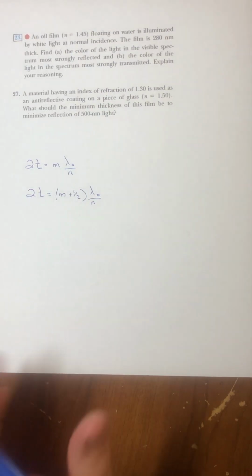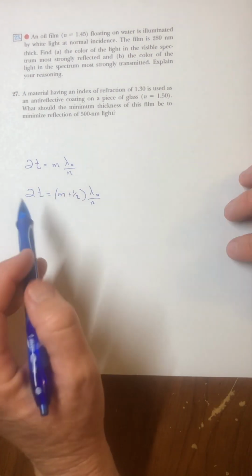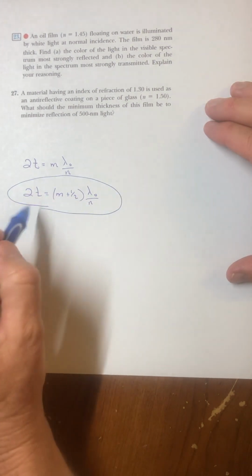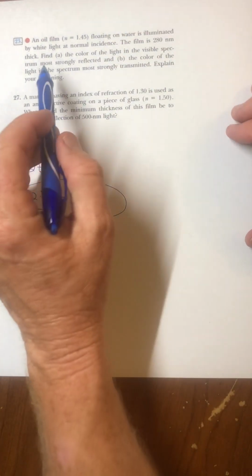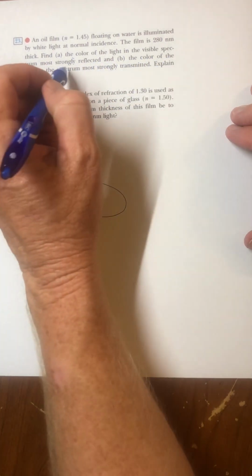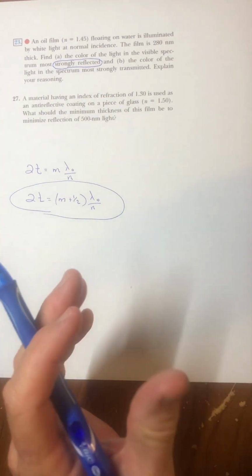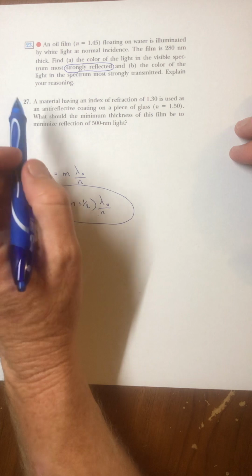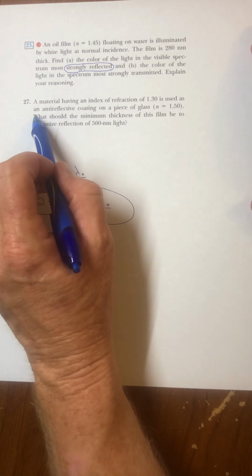But what makes it kind of confusing in picking which one to use is sometimes, let me just take this one for example. This would be the appropriate equation for number 23a, where it says, find the color of the light in the visible spectrum strongly reflected. But yet, this would also be the appropriate equation in number 27, where they said the material has an index of refraction used as a